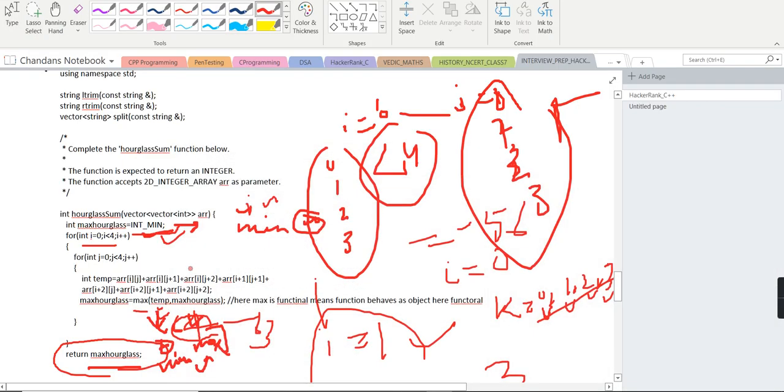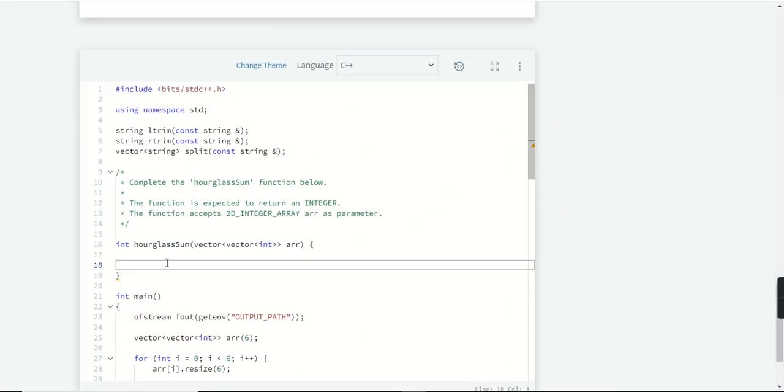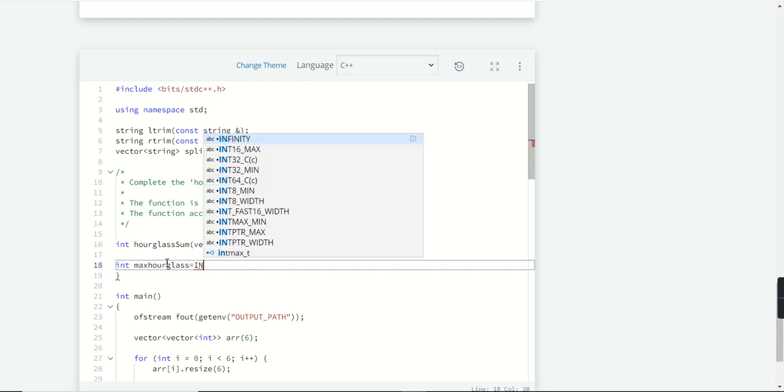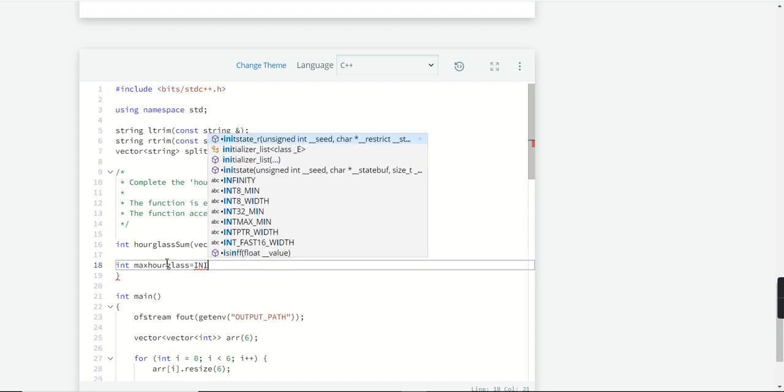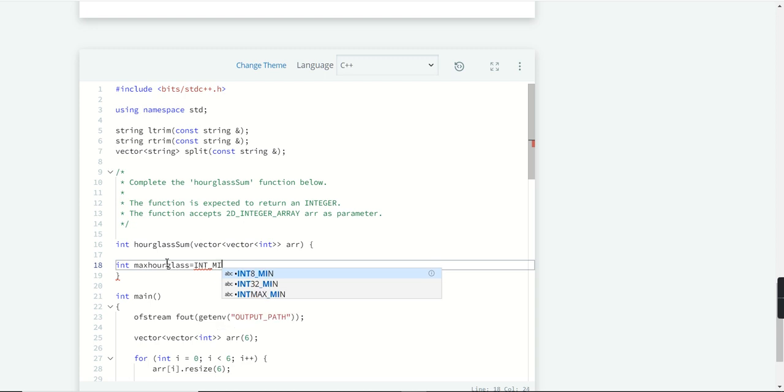So we'll take the maximum hourglass function. We'll take int minimum.